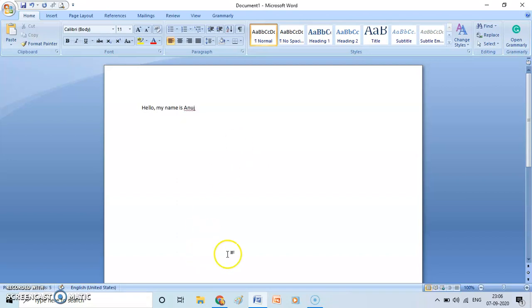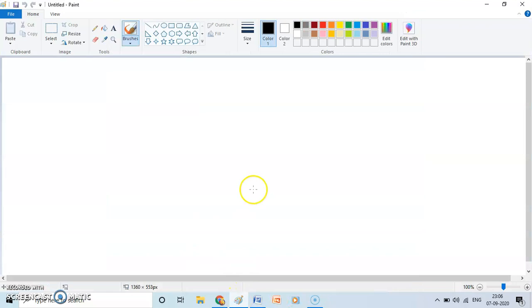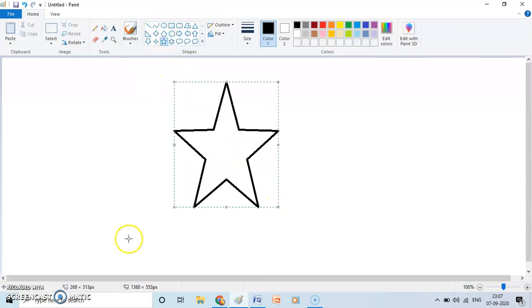Okay, and if I'm doing something on paint, I'm making a star on the paint. Now if I'm working on all these things and if I need to change it, so now if I want to go back to my channel, so these icons you can see are appearing or highlighted on the taskbar.